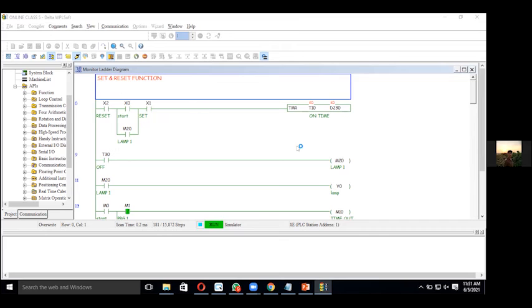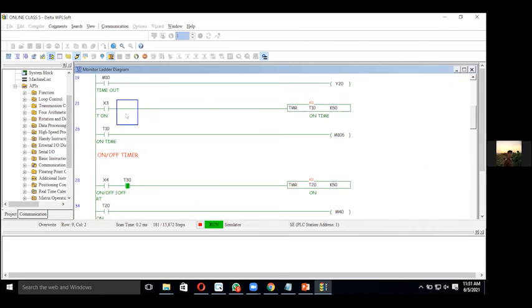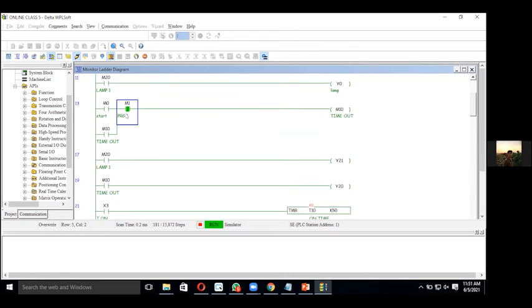We can clarify that here. This M1 is always an off switch.